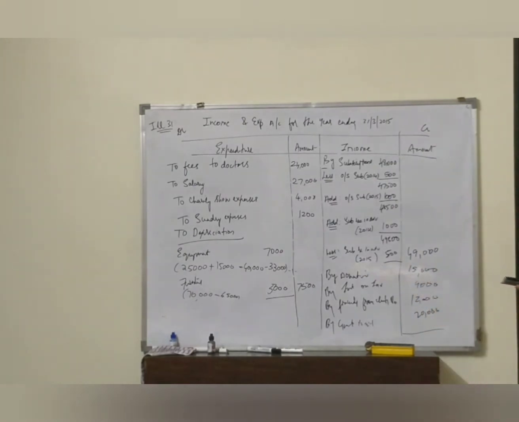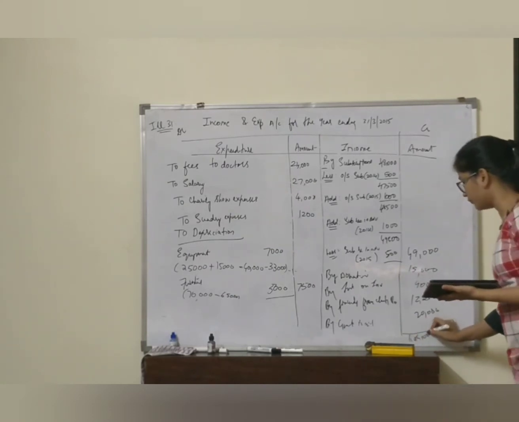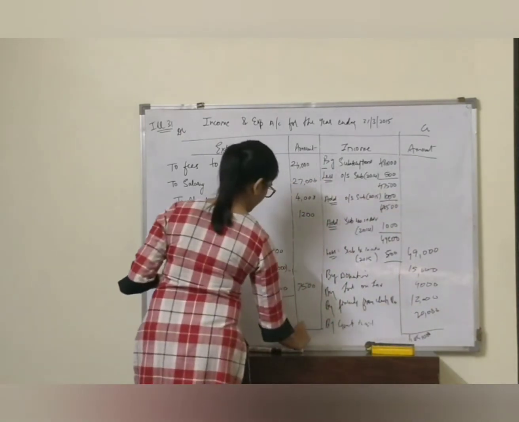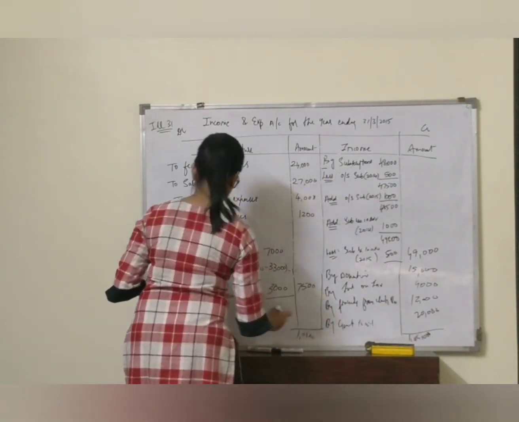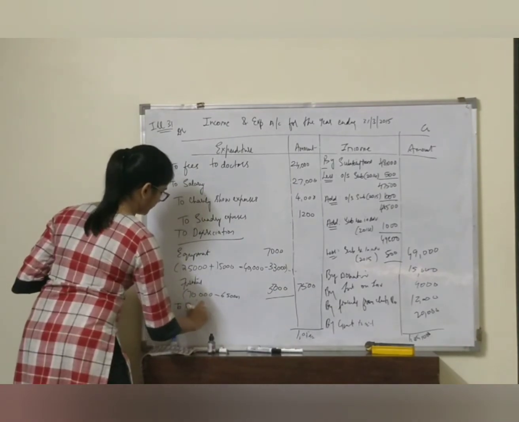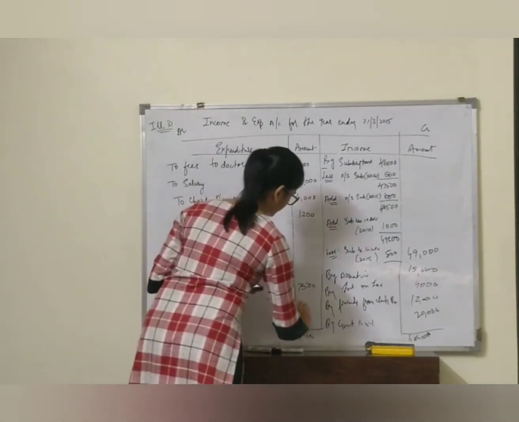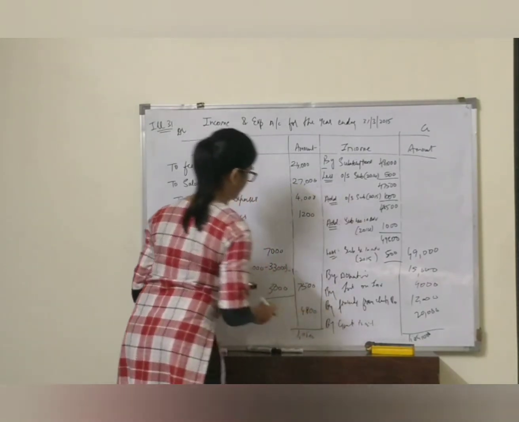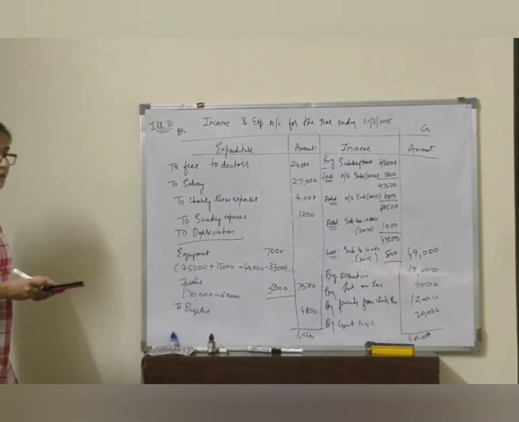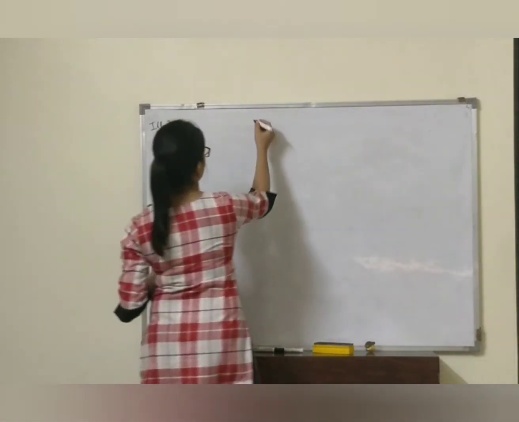Anything else? No. So we will total both the sides. A credit side is more than the debit. The total of credit side is 1,05,000. So what do we get? To surplus, excess of income over expenditure. That is 4,800. Clear? The last step is to prepare a closing balance sheet.